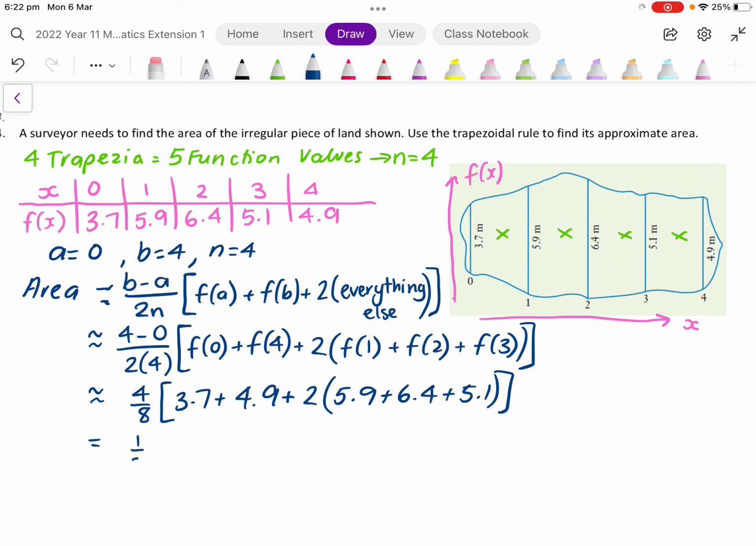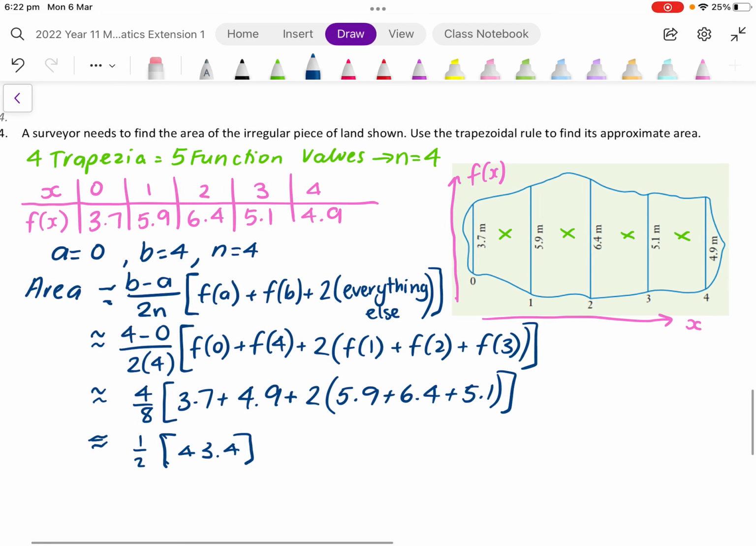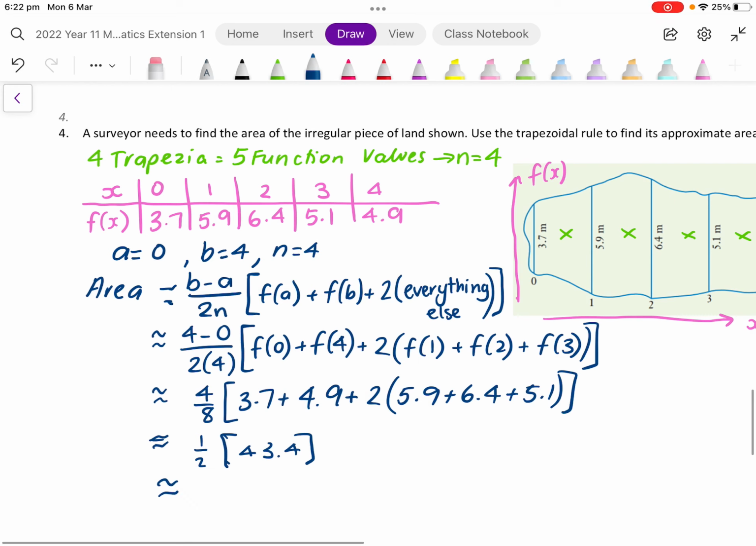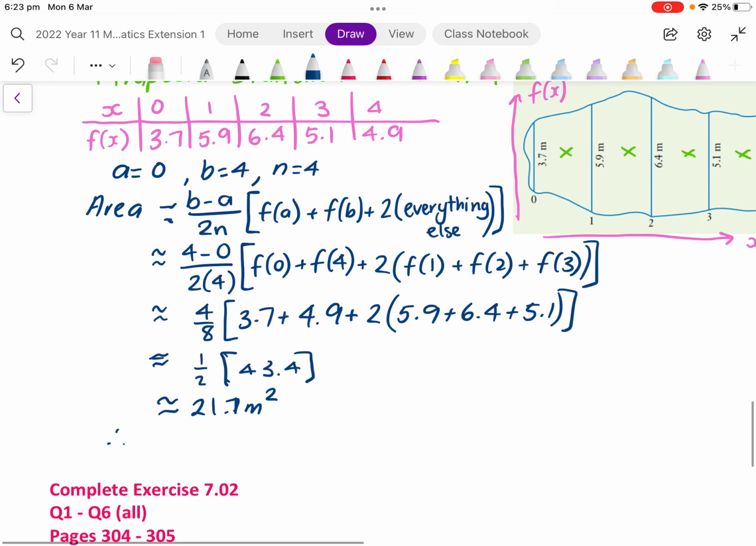which is approximately, because we're just approximating the area, a half lots of 43.4, which is approximately 21.7 meters squared, because our dimensions were in meters. So therefore, the area of the land is approximately